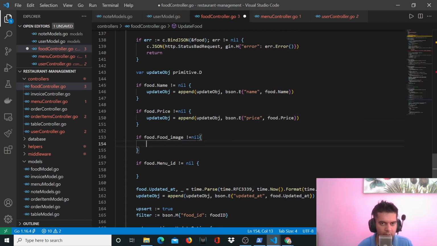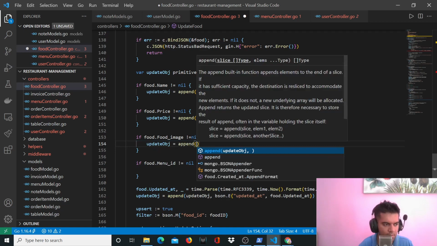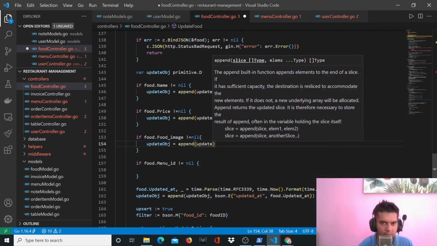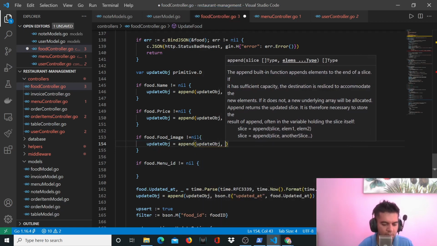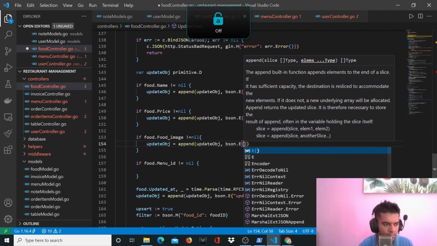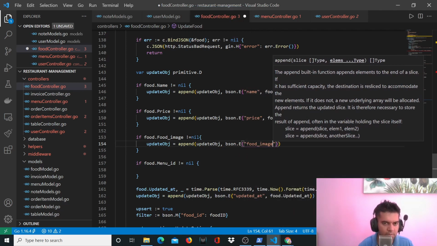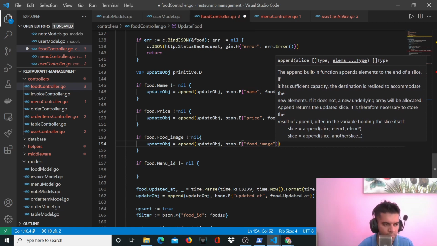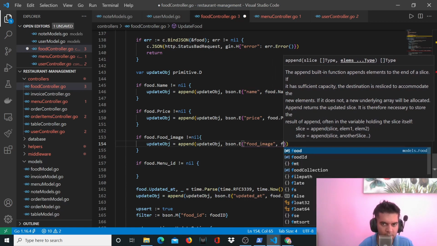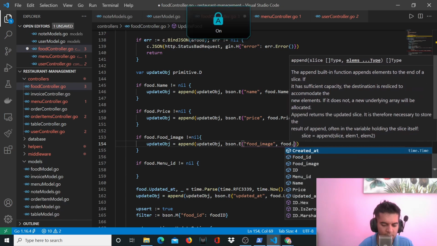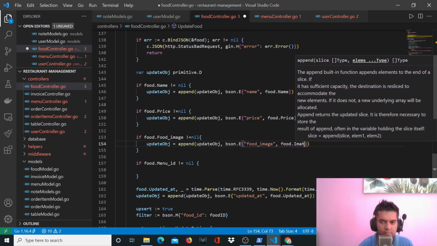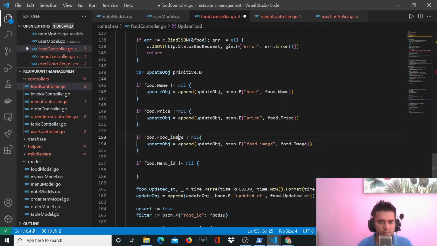And then you have your image, so you'll just say update object is equal to append update object, comma bson.E, food_image. And for food menu, you will have